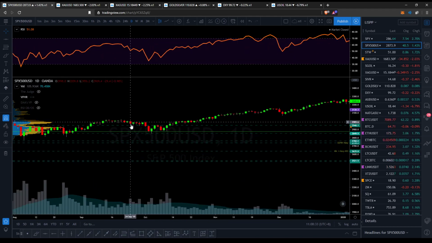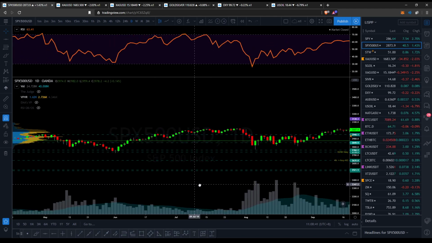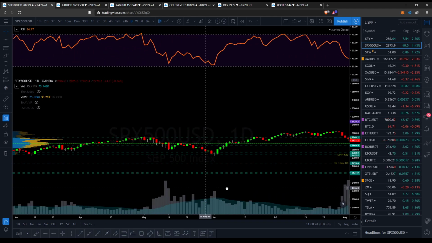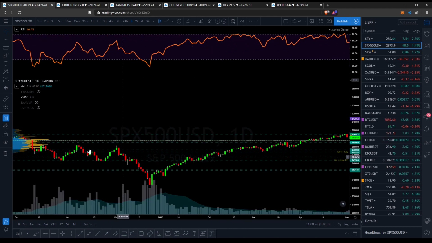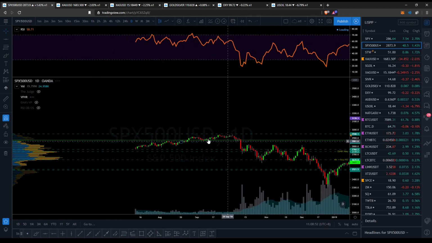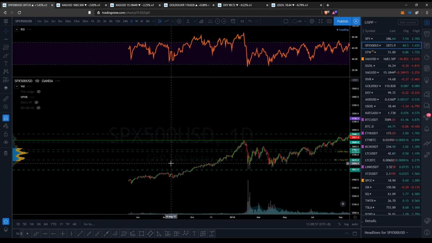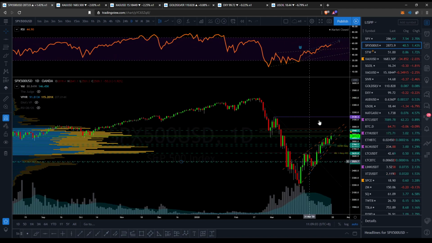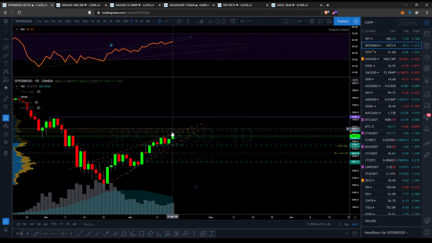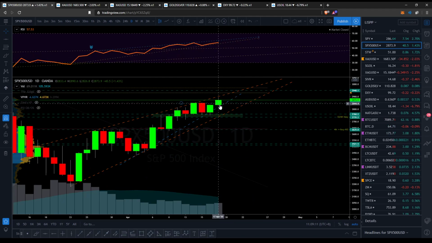if we scroll back just to see what sort of action we had in the past. So we had it as support here, then it became a resistance, and then we broke above it, and then we got a lot of resistance over here as well. Support, resistance, resistance here. So it's a very significant level. Resistance here, resistance here. Yeah, wow, like super significant. And then I don't think we touch it again. So yeah, this area here is very much a resistance area, and bulls need to be very careful here,